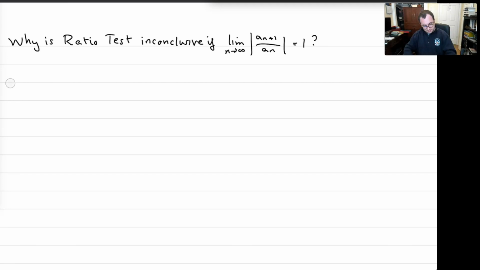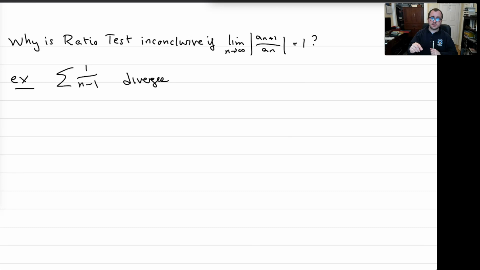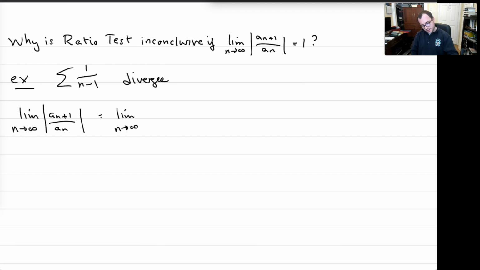Our first example, the series 1 over n minus 1. Now, this is a divergent series. You can check that by doing a comparison test by comparing this to the harmonic series. But if I take the limit of absolute ratios, which is the limit as n goes to infinity, the n plus first term is 1 over (n+1) minus 1, divided by 1 over n minus 1, so times (n-1) over 1,